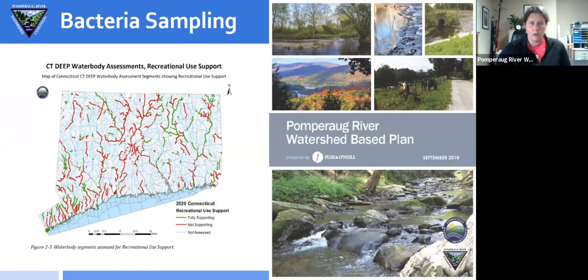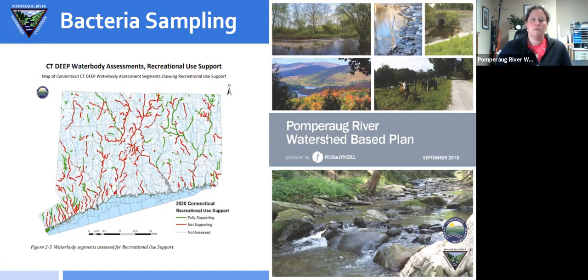So I've alluded to this Integrated Water Quality Report to Congress a few times. This is a screenshot out of the most recent one. I just did a quick screen grab of this graphic to show the recreational use support assessments. So this is in particular areas that may have high bacteria levels. There are ones that are listed on this list called the 303(d) Impaired Waters List. We have a couple of segments that have been sitting on here for a while. There are some older data sets that triggered these impaired listings,